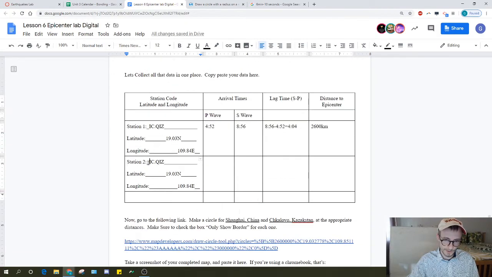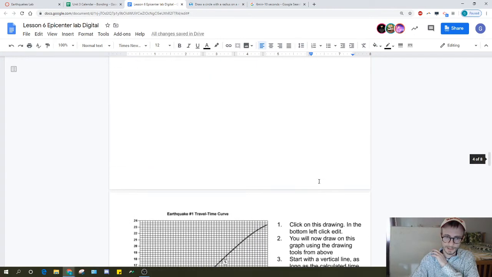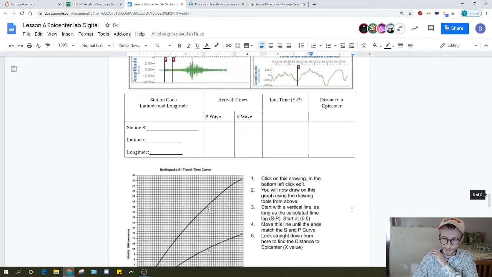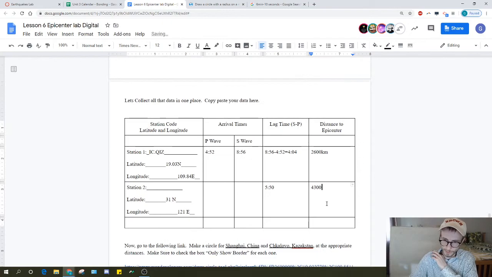So this is station 2. I already forgot what the station code is. This was 31 north and 121 or whatever it was east, right? And then we did the subtraction and found out that this was 5 minutes and 50 seconds. Based on looking at the graph, if you remember what we said, it was like 4.3, so 4,300 kilometers. Okay, so then I would go to the website,